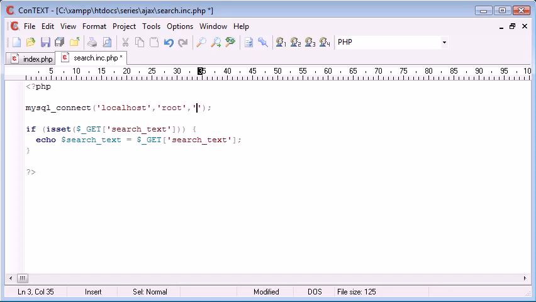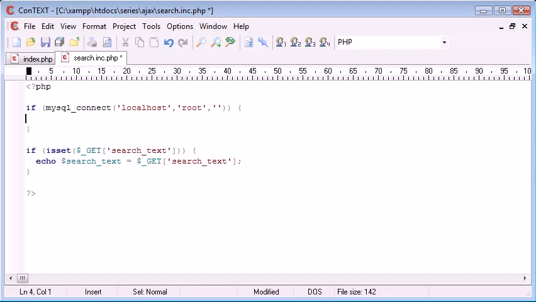So let's go connect to localhost. My username is root, and I don't actually have a password, so we're not going to bother with any error messages right now, but you could probably put some validation in here. In fact, let's do this. So if MySQL connect, then we come down here. If this connection is successful, let's put an @ sign there so we don't get any errors returned